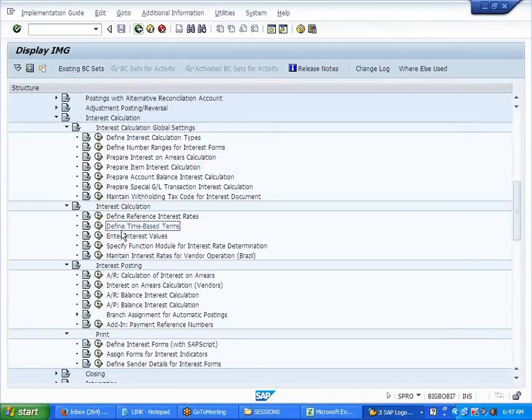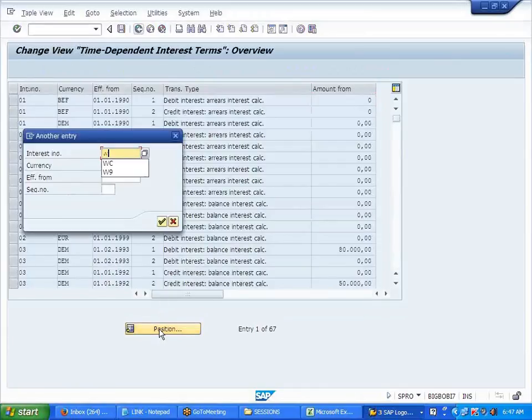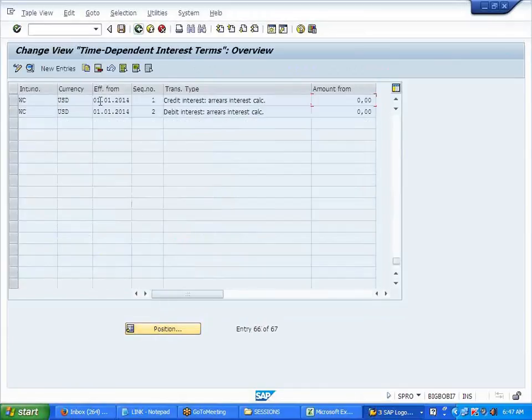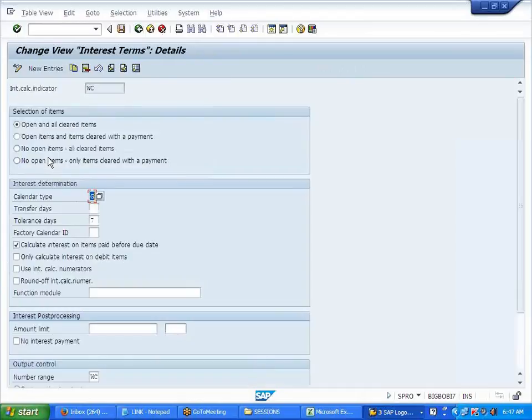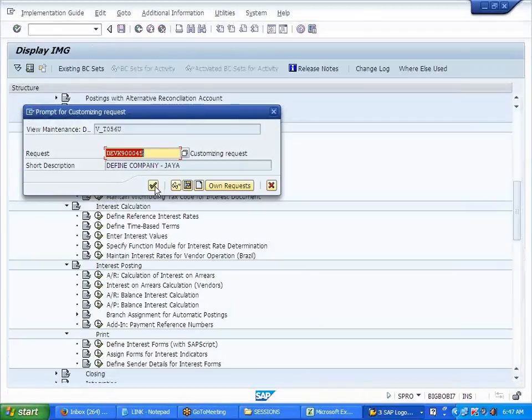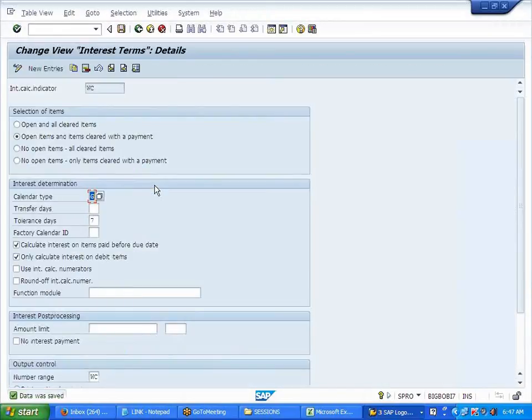Why is it not picking? Somewhere we made some small mistake. Harry, can you show where we have assigned this WC with our company code?